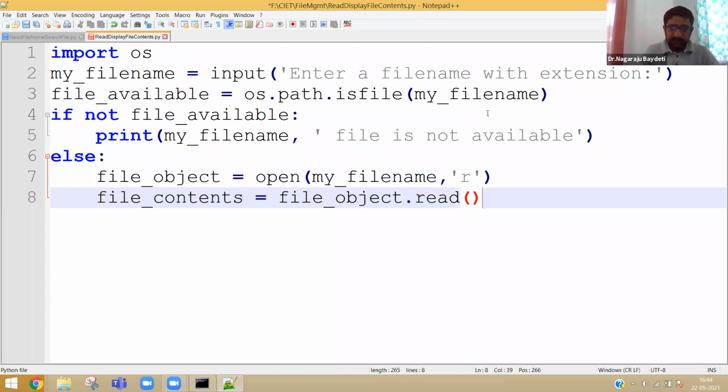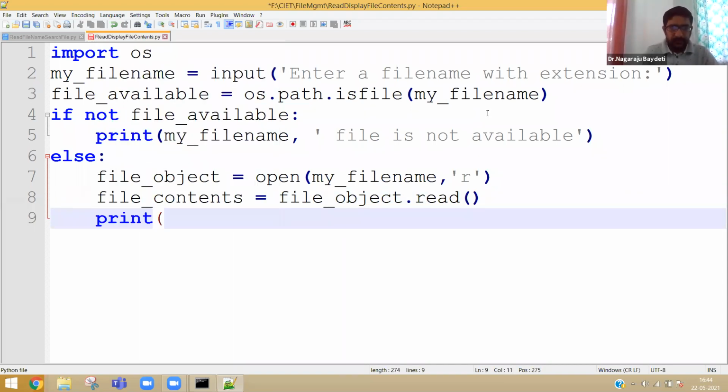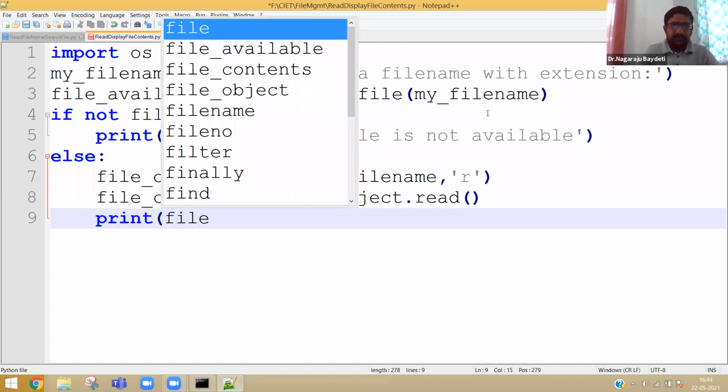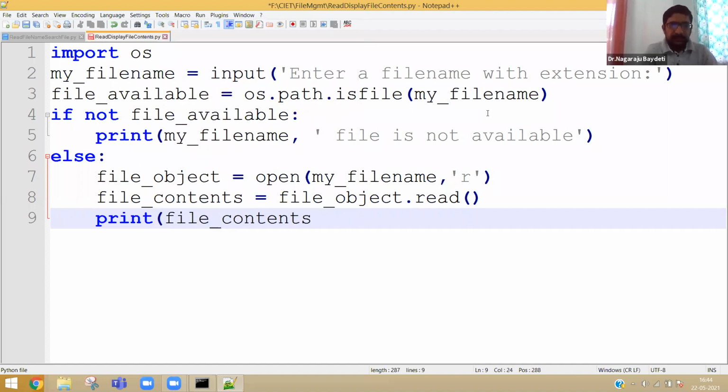Now if you simply print the file contents, it will be displayed on the screen. Yesterday we wrote the same program, reading a file and displaying. Now I have merged the logic of searching a file. If it is not available, the program will smoothly exit saying the file is not available.